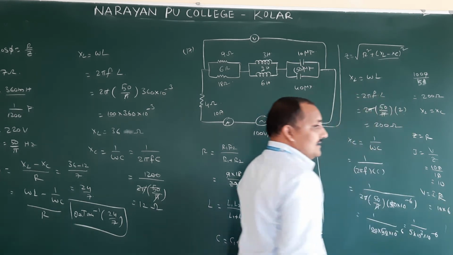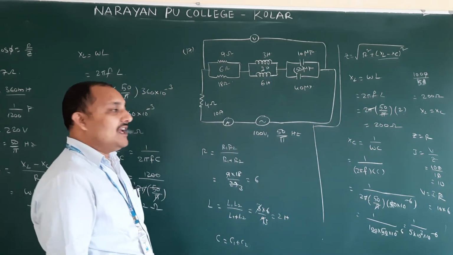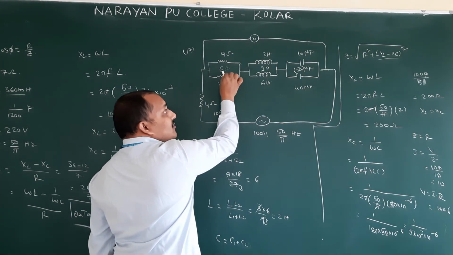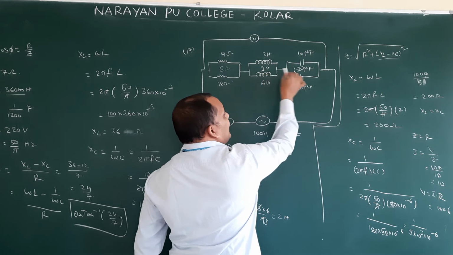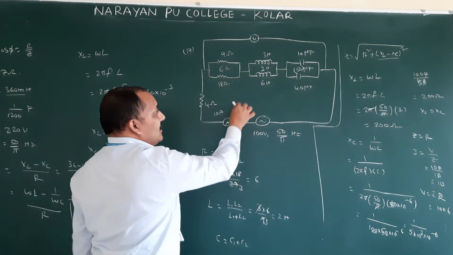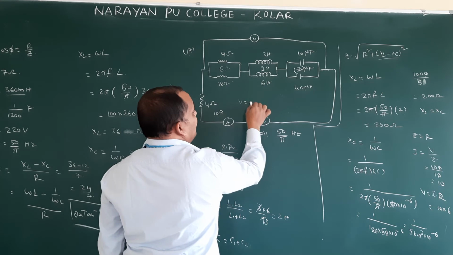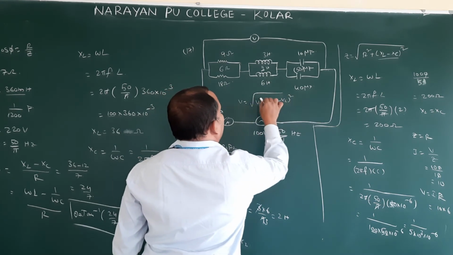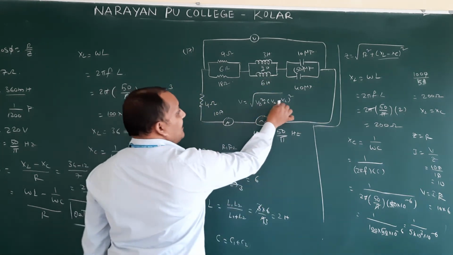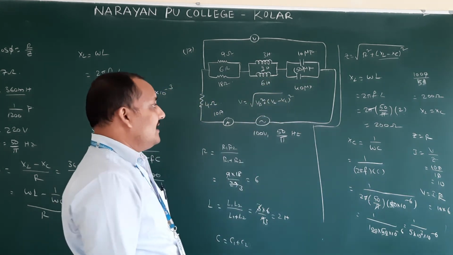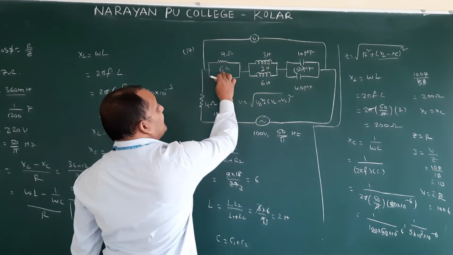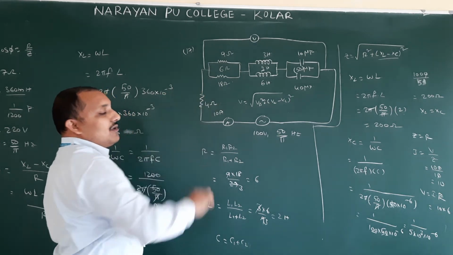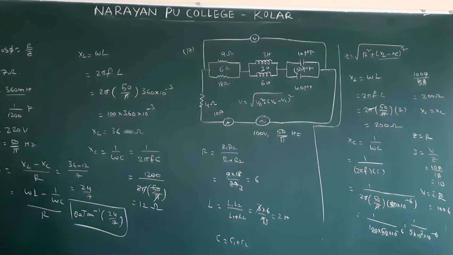I value 10, 10 into 6 is 60. What you have to remember carefully is that they are asking the voltage across only the 6 ohms. Voltage across the other two, the inductor and capacitor, will be 0. Why? Because the resultant voltage V is equal to root of VR square plus VL minus VC whole square. Correct or not? So VL minus VC is going to become 0 because both are equal. Therefore V is equal to VR, meaning this value. You should not take the total voltage here. If this were connected here, then we should take the total voltage. Understood?